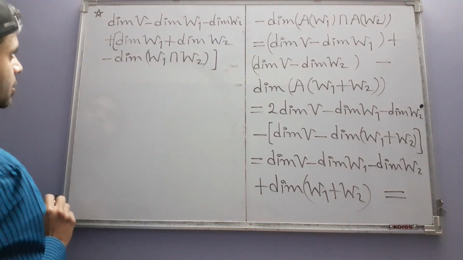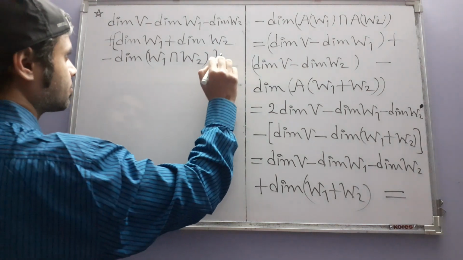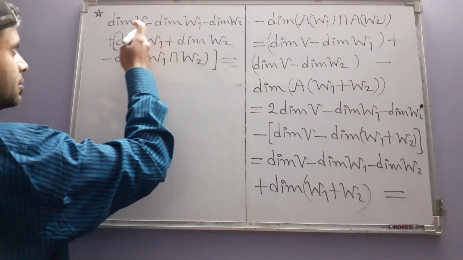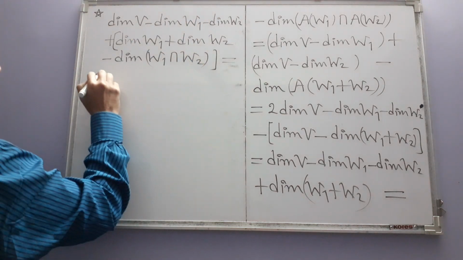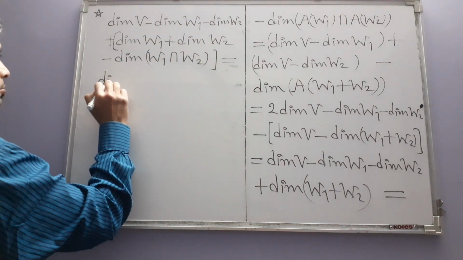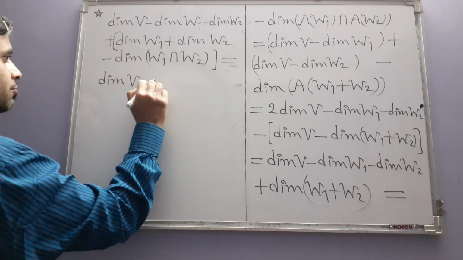You can place them within brackets. Now you see that these things cancel out and you are left with dimension of V